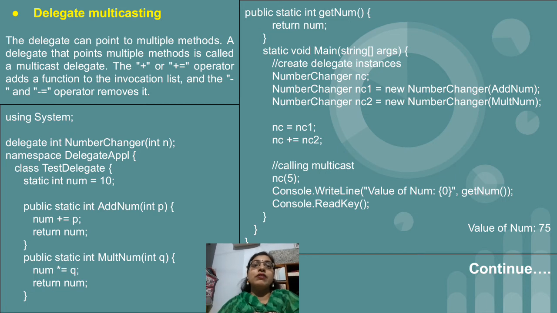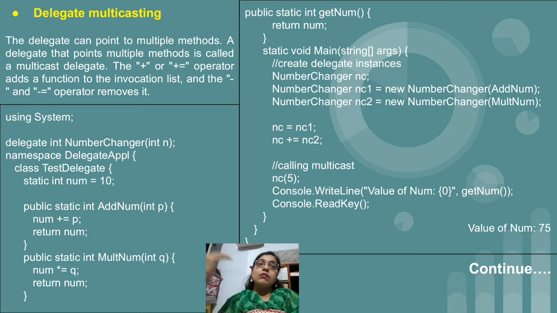The value which we pass will be added to num, and what is the value of num? 10. So 10 plus something, the value which we pass, that addition will be performed, and then the method is returning the value, because as we are having an integer return type, we cannot directly print the result, so we are just passing the value which we have calculated for num. So now the num value is changed after calling this method.